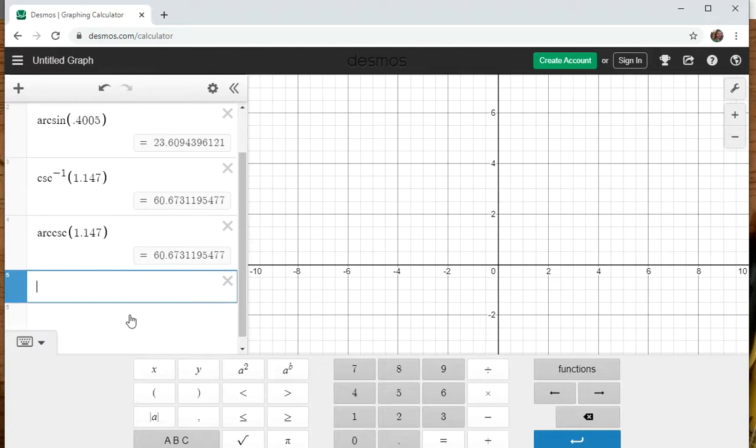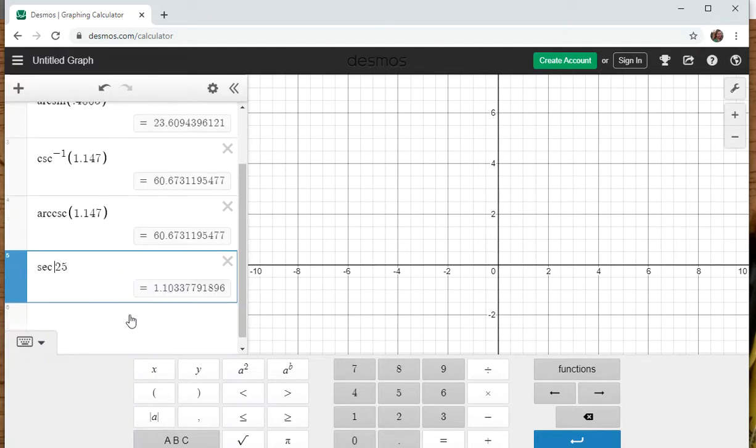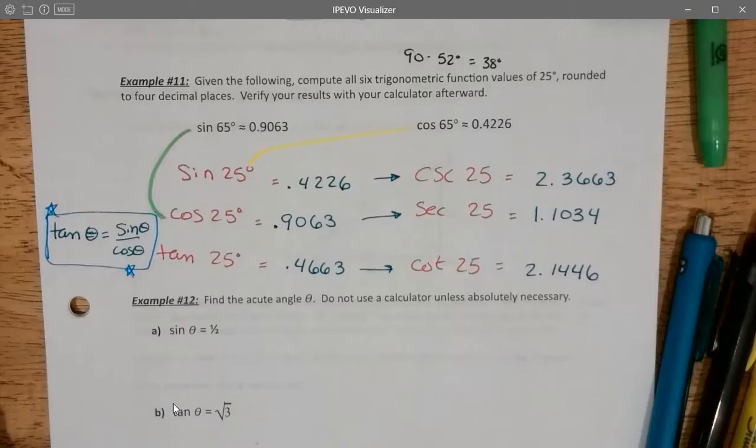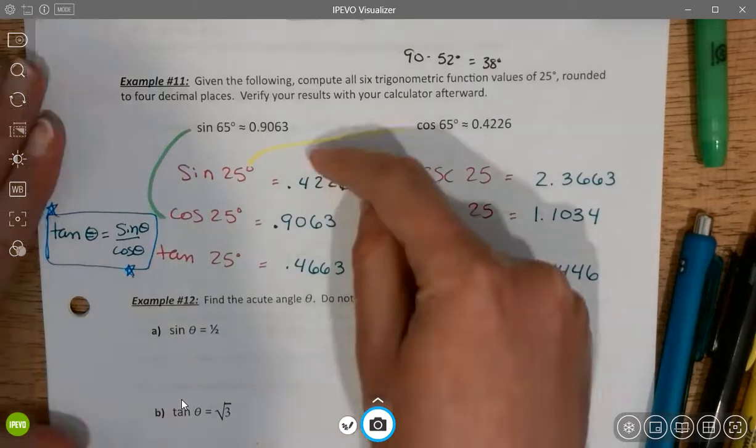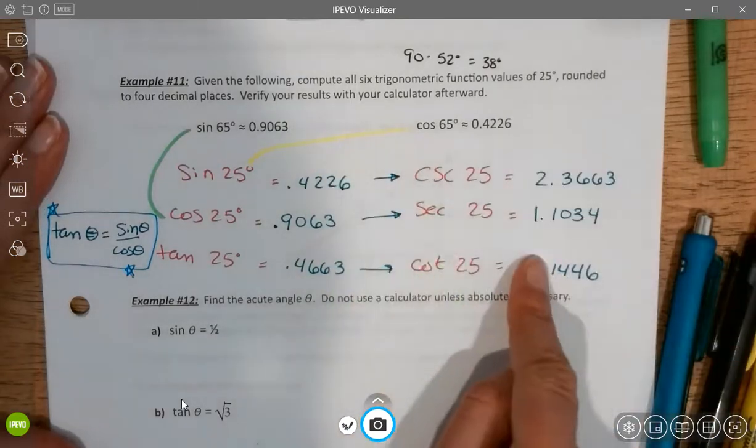So first of all, we have the sine of 25. Perfect. And then we have the secant of 25. Just checking a few of them. It matches up. Okay. One of the reasons for doing them this way as opposed to using the trig function